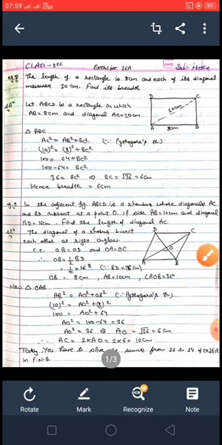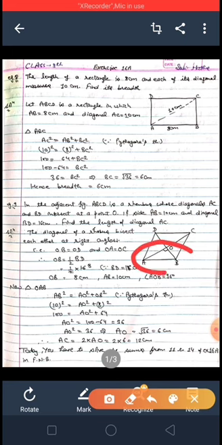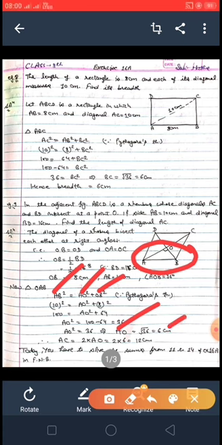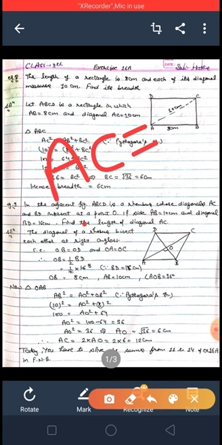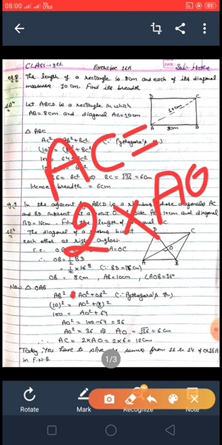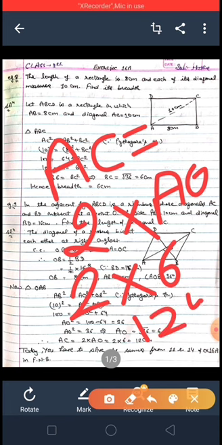Now again in the triangle OAB, right angled at O, 90 degrees, so again use the Pythagoras theorem: AB square is equal to OA square plus OB square. Put the values of AB and OB, and we will get the result AO, that is 6 centimeter. Again, like in the previous sum where we found 6 centimeter, here it is again 6 centimeter. Now AC is equal to 2 AO. So it will become 2 multiplied by 6, that is 12 centimeter. So diagonal AC is equal to 12 centimeter.